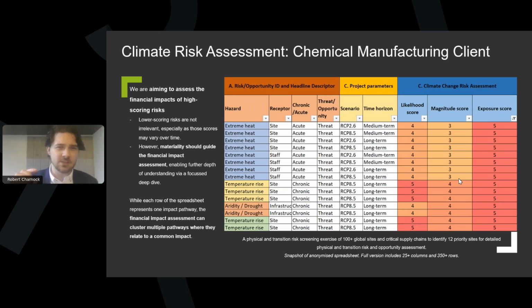What I would like to just comment on here, however, is if you think about communicating 40 different risks, that's quite difficult when you need to approach a board of directors. So one thing that we'll typically do is, even though all 40 rows are relevant for our calculations, we will already start thinking about how we can cluster or group or categorize multiple pathways, multiple rows of this spreadsheet into